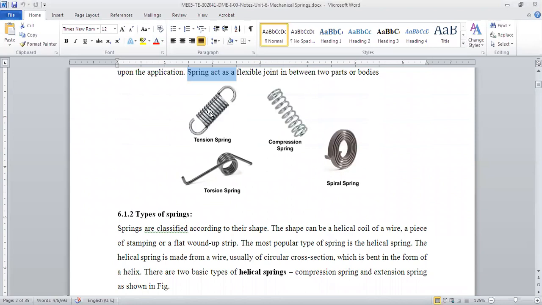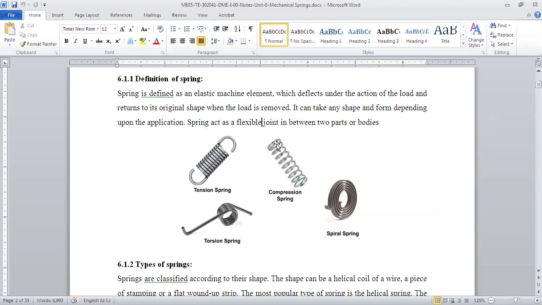But there are two types. Either you can put a tensile load on the spring, or you can have a compressive load on the spring. When the load is compressive, you are trying to put the coils close to each other, and because of that, the energy is stored in the spring. When you remove the load, the coils will try to come back to their original position, pulling away from each other, and you get the expected result from the spring. Like the suspension of a bike or cycle, they have this compressive spring, right?